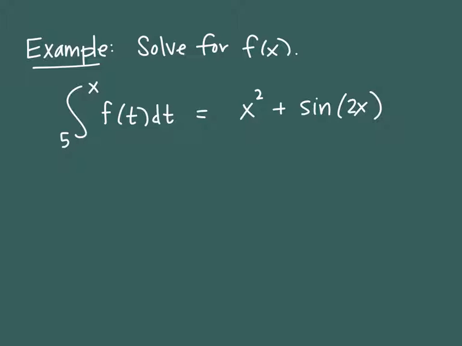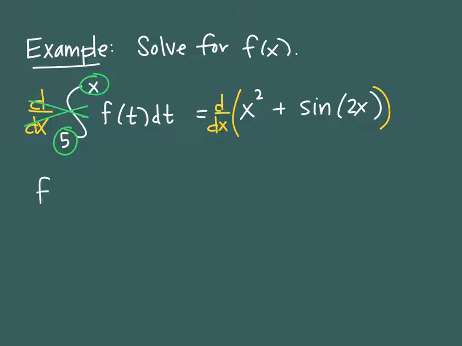In order for me to get rid of the integral, I've got to use a derivative. So I'm going to use d dx applied to get rid of the integral. But if I do it on the left side, I have to do it on the right side as well. So you need to apply the derivative rules correctly. There's a derivative rule on the left for how to deal with an integral, and there's separate derivative rules on the right. On the left side, the derivative cancels out the integral but not the bounds.